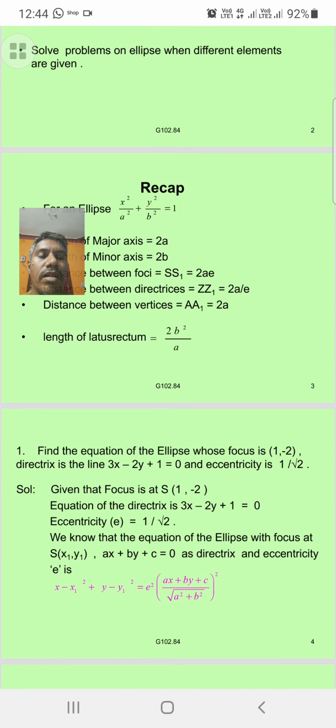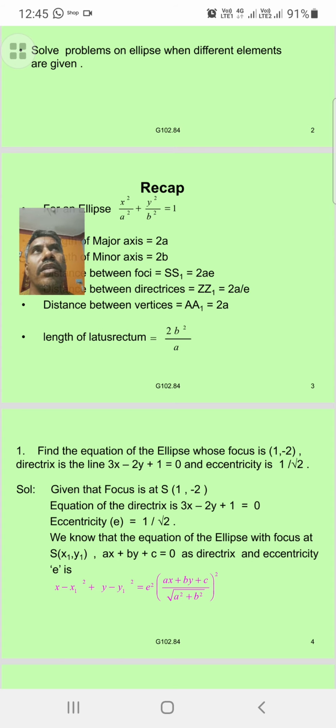So mostly here, if you observe, three types of questions are asked. The first type gives some elements or parts of the ellipse, and at the end asks for the equation of the ellipse. The second type gives the equation of the ellipse and asks for the elements. And the third type